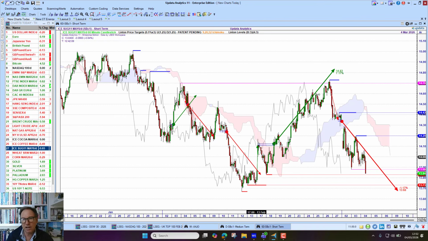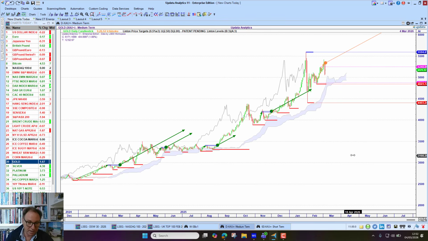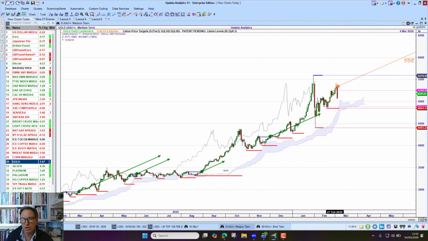Notice this upside target given and downside target given. Really, this is the days ahead when we're thinking this chart. Looking at gold, that's up 1.6% this morning, having had that lower high, lower low. There's the thrust target, and we've reached that target, exceeded it. We are back to below the cloud. That's bearish. Still bullish on the daily chart, of course, but interestingly, we're failing to make a new high, and